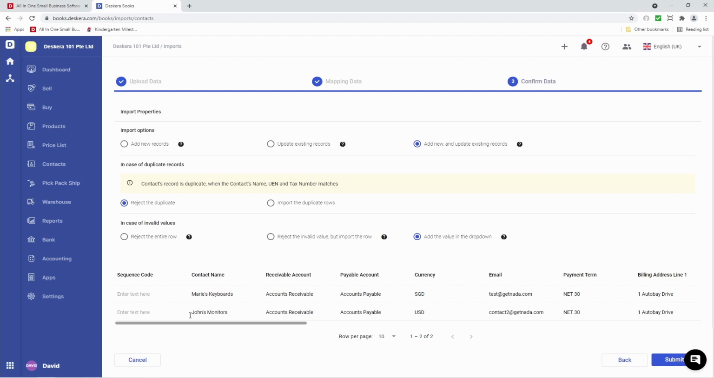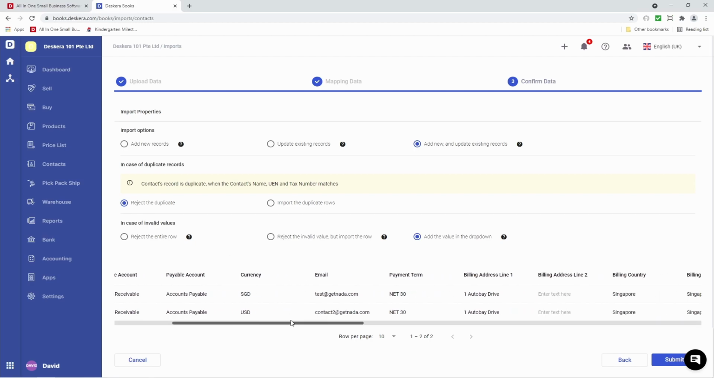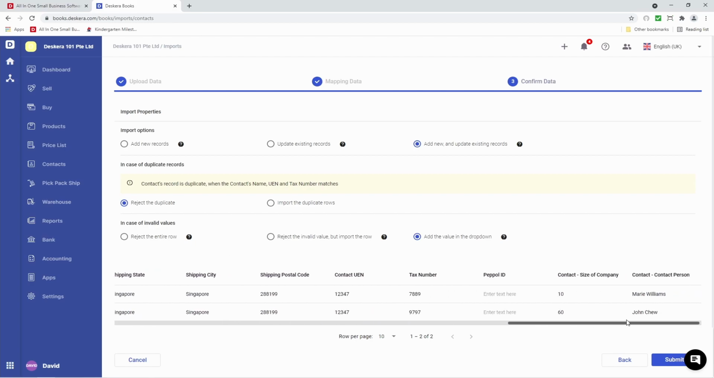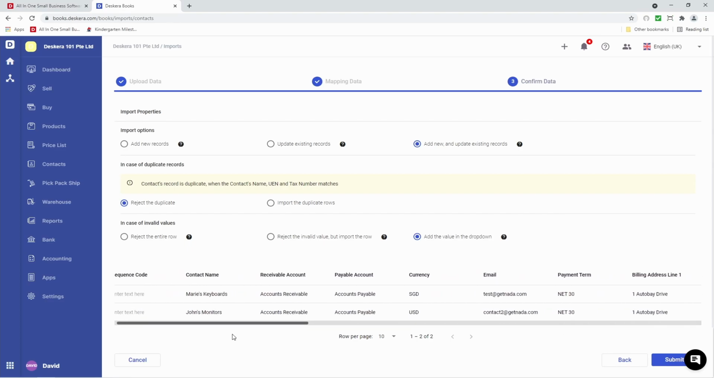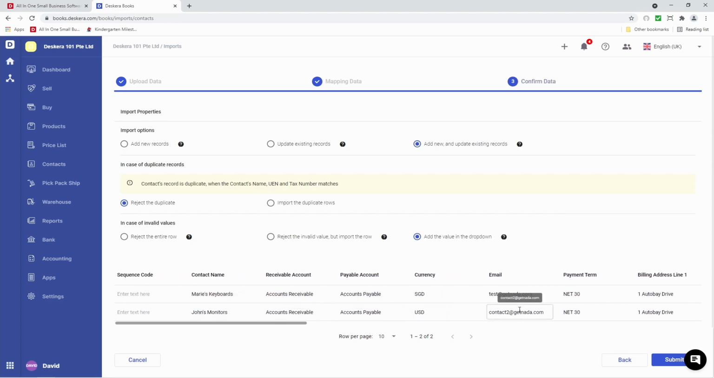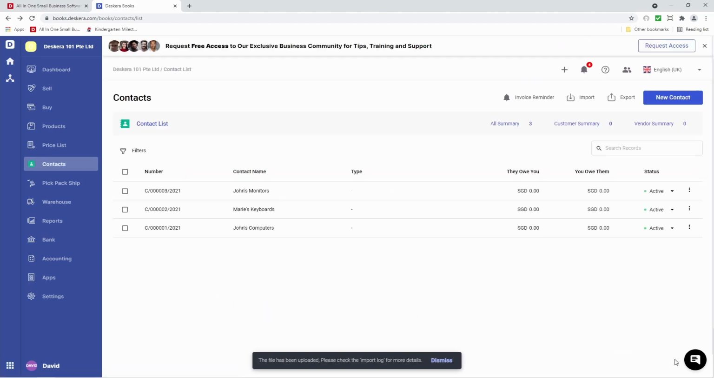I can also see my contacts here that I'm importing, and I can check and see if everything looks correct. If something does not look correct, I can just go and click on it, for example, the email address, and type in the correct one. So you can see I can update it directly on the screen. Once everything looks good, I can click Submit. Now you can see my contacts have been imported correctly. Next, let's go to Products,